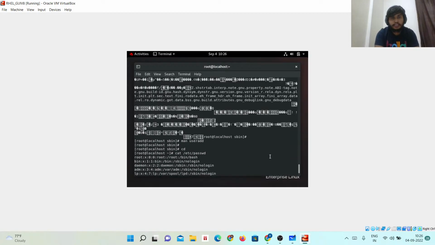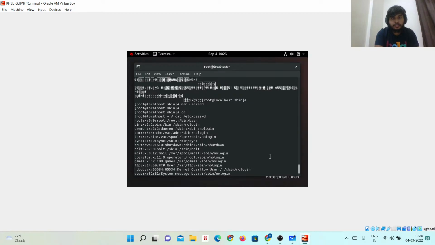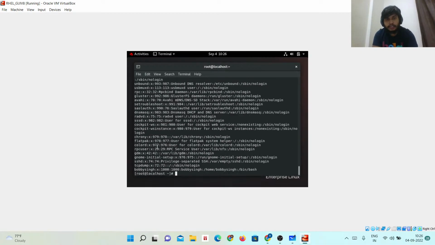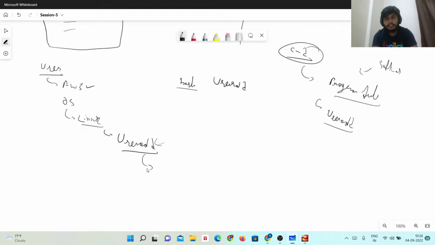And if you see, these are all the users. And what was the first user? That was root, the admin which we are using. And how you can say any user is root or admin, it doesn't depend upon the name, it depends upon the user ID and group ID. If you see, any user which has the ID 0, that is called the root user. Also you can see other users, the service users. So how you can define which user is which,